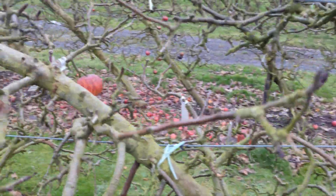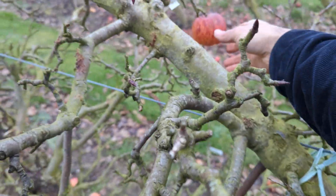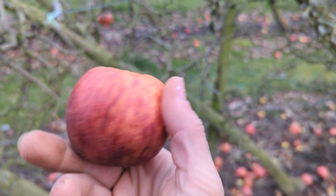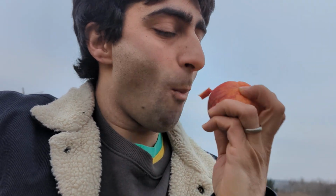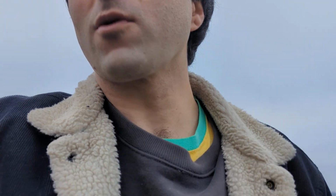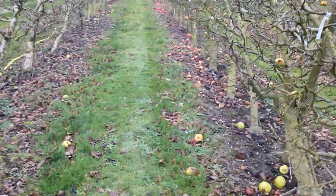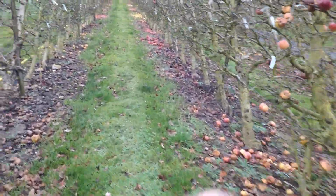Down here, oh, my fingers are frozen. This is Topaz. Possibly slightly past its best. Quite pretty, new Czech apple, disease resistant. Yeah, slightly past its best. But it has a really rich fruity flavour to it. Yeah, Topaz is good, but slightly past its best. Gosh, I'm going to have to warm my fingers up. These are some cider apples, Tremlitz Bitter. Oh my goodness gracious me, it is cold. Anyway,